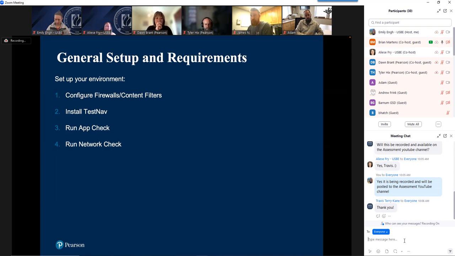You're going to want to run app check on a handful of those devices to see if it can run successfully and lock down the device successfully. And then finally, run network check a little bit, on probably each location that you're at, just to see that you're not going to run into any potential bandwidth issues, which I don't think is really a problem anymore in school environments. Bandwidth is abundant and plentiful and cheap, so it shouldn't be an issue, but it's worth taking your time to test that quick. And we're going to cover all this stuff here today.